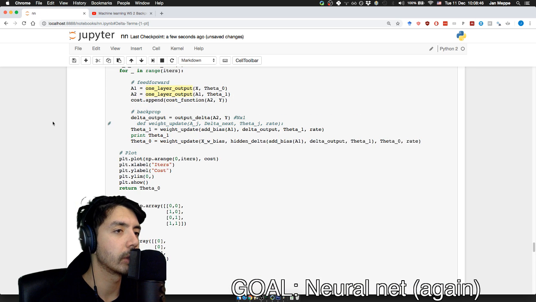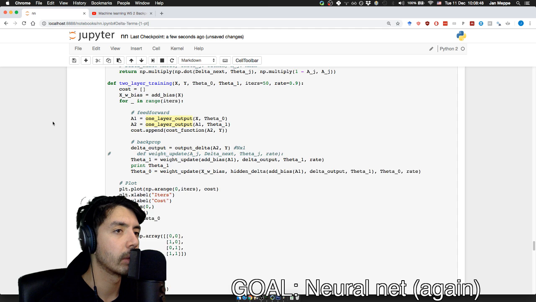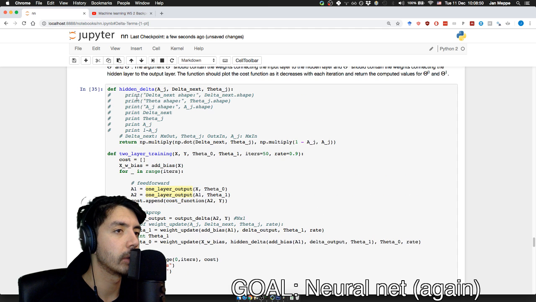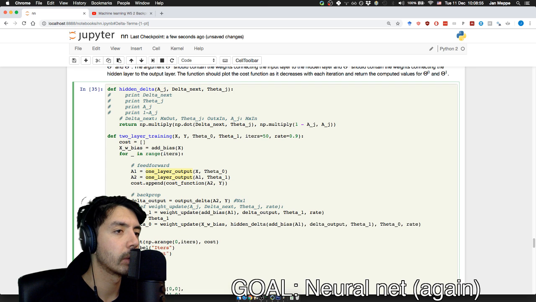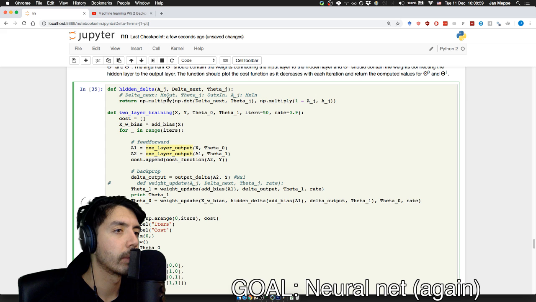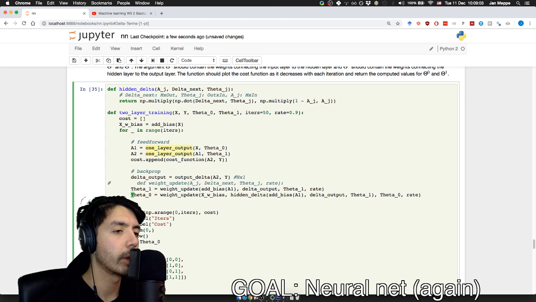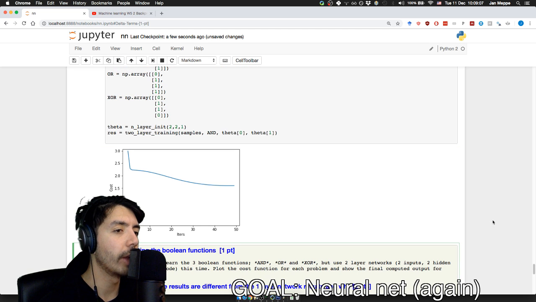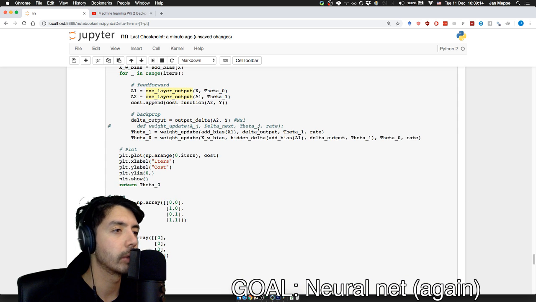It keeps printing something, because I print theta 1. All right, so there we are. We have results. Well, not sure if we have results, but